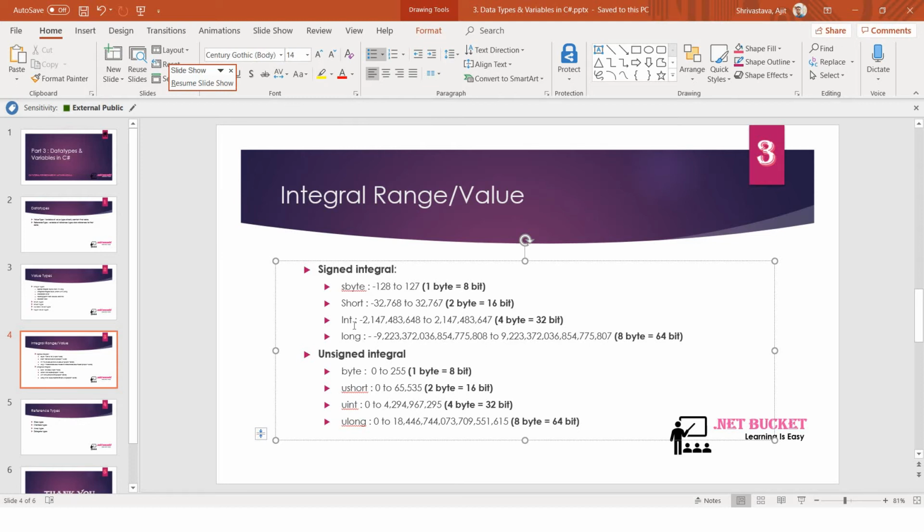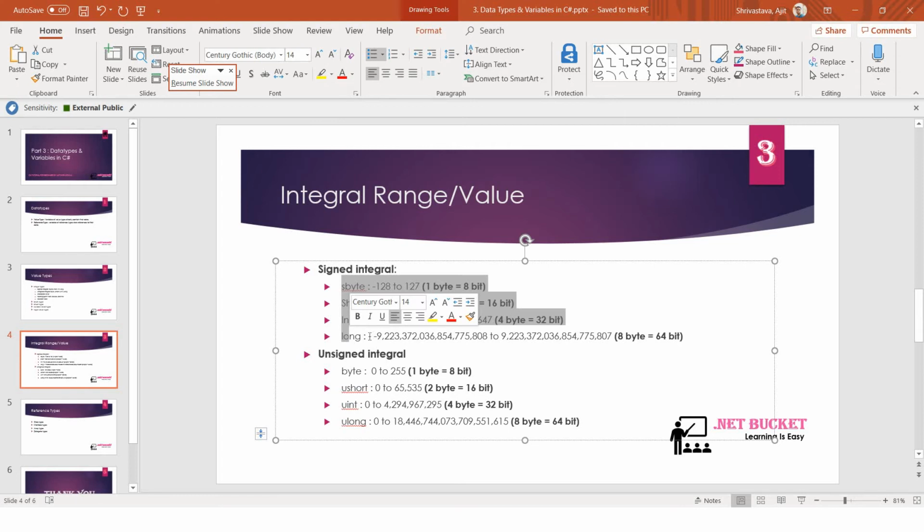Whether it will be a positive number or negative number, what will be the range. So if it is just a positive number, you should always use unsigned integral. If it will be positive or negative, you should use signed integral. Within that, the next question will be, within that positive or negative number, what could be my range? Based on that range, you should use this.